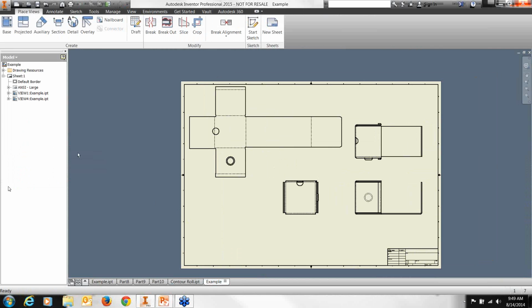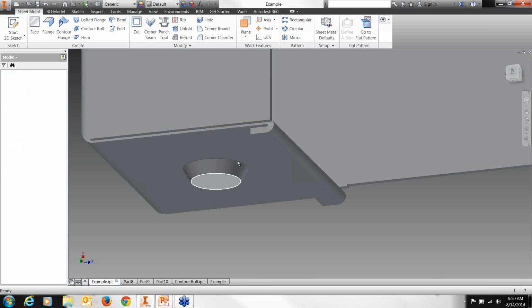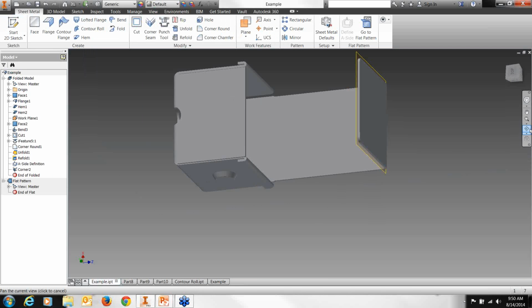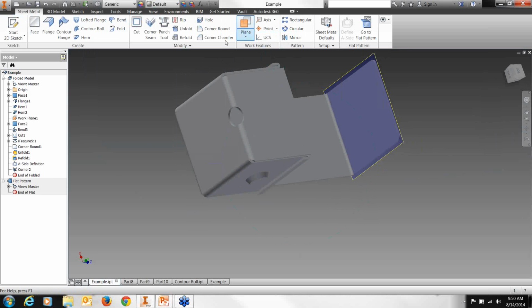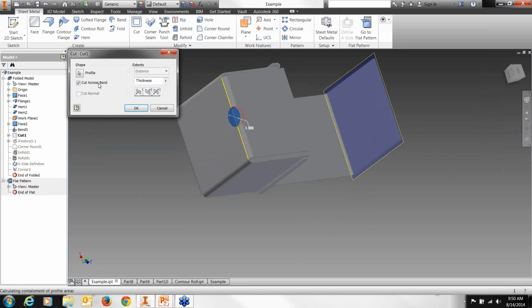What is the difference between cut across bend and cut normal? Can you pull that feature back up and show the difference between the two there, Marvin? Thank you, sir. Yes, in the cut tool there. So if you see,